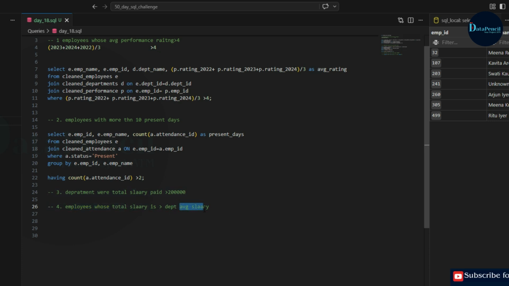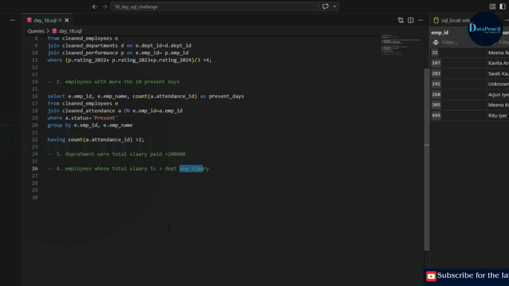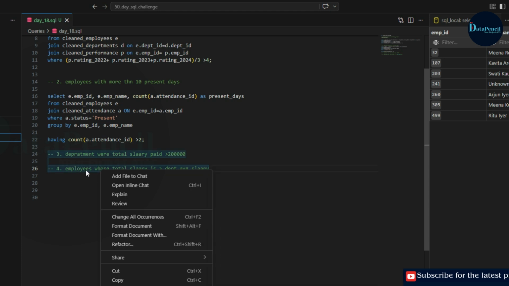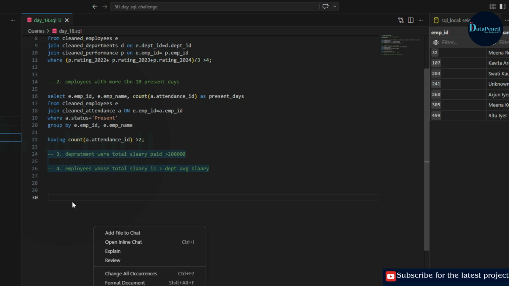Two things we have to calculate, and then filtration will be used, correct? So it means here we have to use a subquery, and in the subquery we have to find the average salary department wise. In the outer query, we have to find the employee's total salary, and then we will use having: having total salary greater than the subquery.